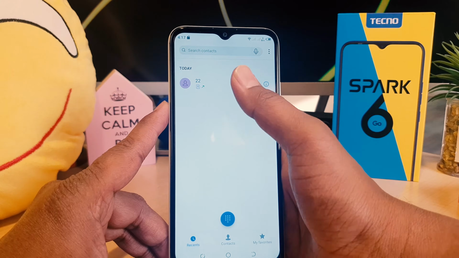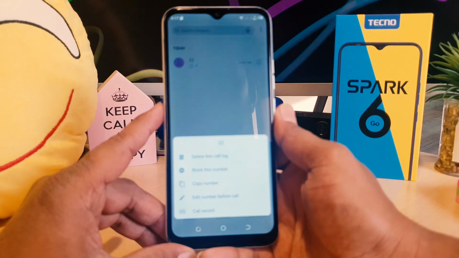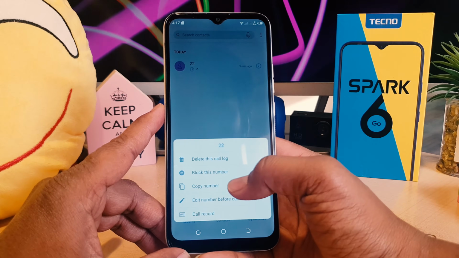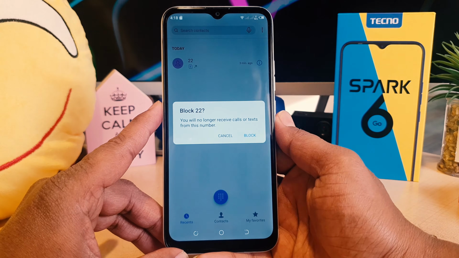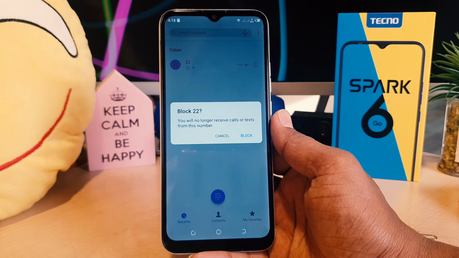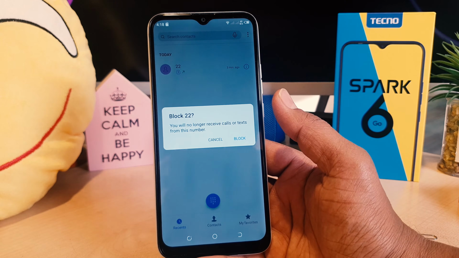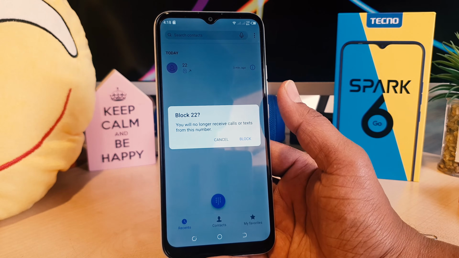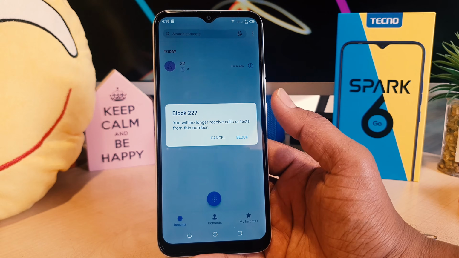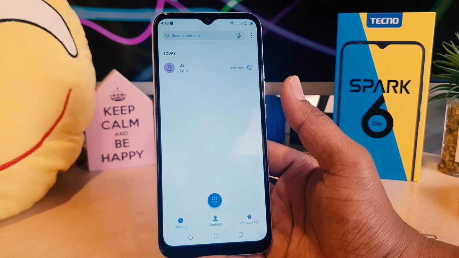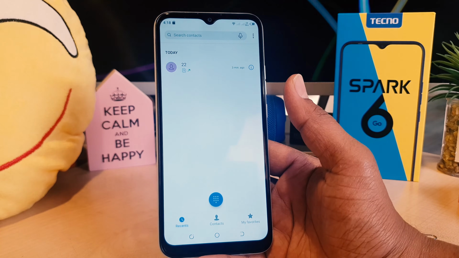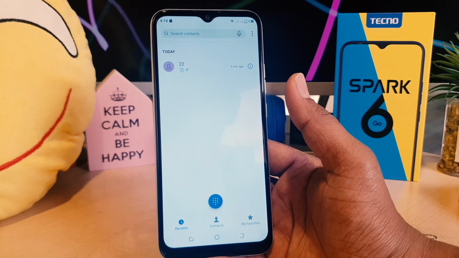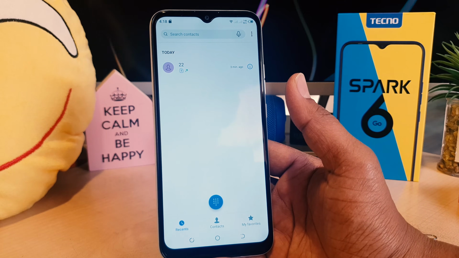If you want to block, you need to long press over there, and then we're going to see all these options appear. If you want to block, you can easily click this, block this number, and then you're going to receive a confirmation message. If you decide to cancel, you can click here cancel. But for this video purpose, I'm going to block this person. So from now, if this person calls me, or if he's sending me any text message, I'm not going to receive it from him.